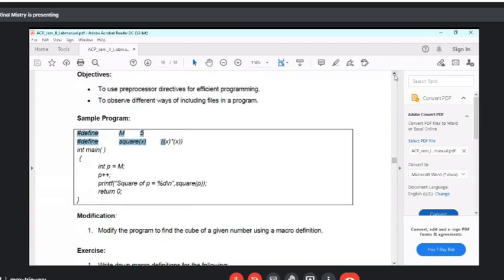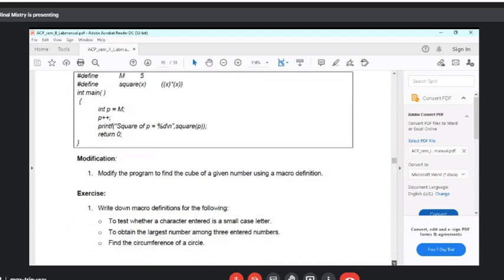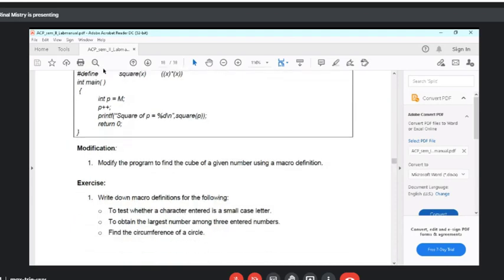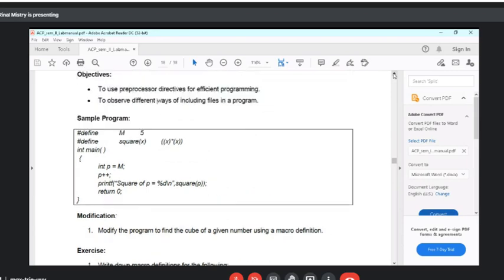Any variable or any value, if you want to keep it unchanged throughout the program, you can use this #define directive, and there are also other preprocessor directives. So use of those directives, that is under this topic.